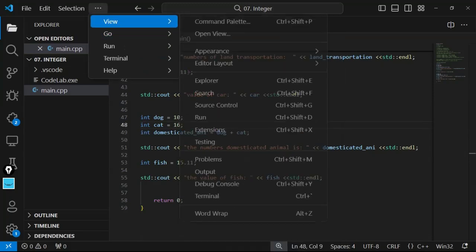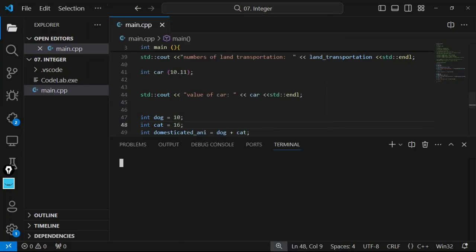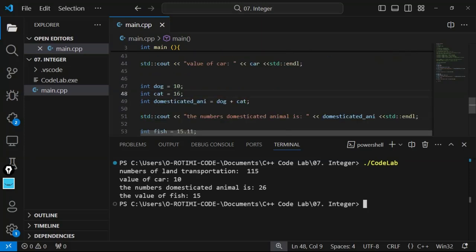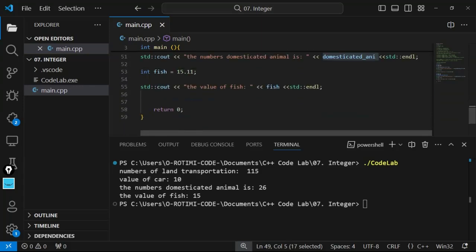Now view, so terminal, and let's try and check what we find in our code. Okay, good. We have domesticated animal, which is 26. So 10 plus 16, 26, which we add and store inside of this domesticated animal. We have fish, which has 15.11, and yeah,